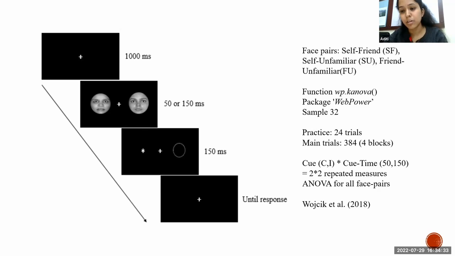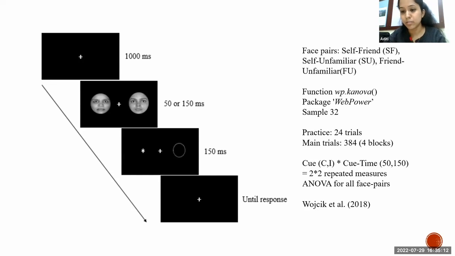Faster responses typically observed in the cue congruent trials are interpreted as evidence of an attentional bias to the location of the prominent stimulus. So to investigate whether the deployment of attentional bias occurs for self-face, we used a dot probe task cued by face pairs, self-friend, self-unfamiliar, and friend-unfamiliar, to understand how performance on this task is mediated by the processing of self-faces. It should be highlighted that in each pair, one cue face is the preferred face and the other one is non-preferred.